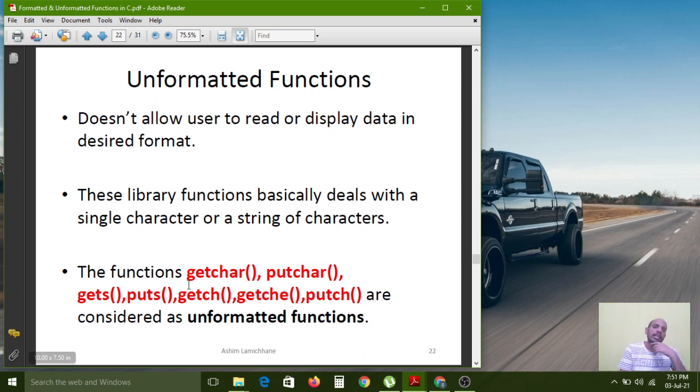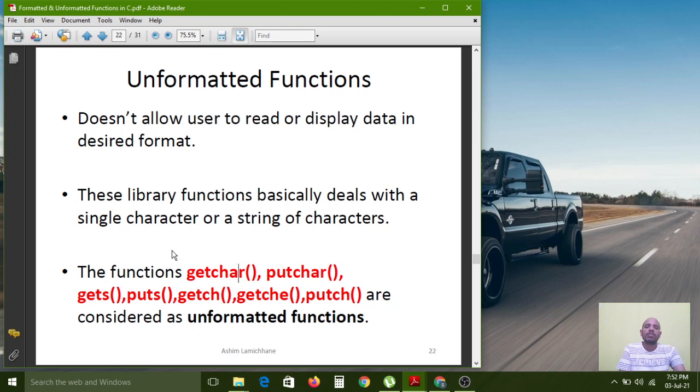The functions are getchar and putchar. gets and puts are related to string functions. At this time I would like to explain these also, no problem, because we have only two functions now and these are enough to discuss here.